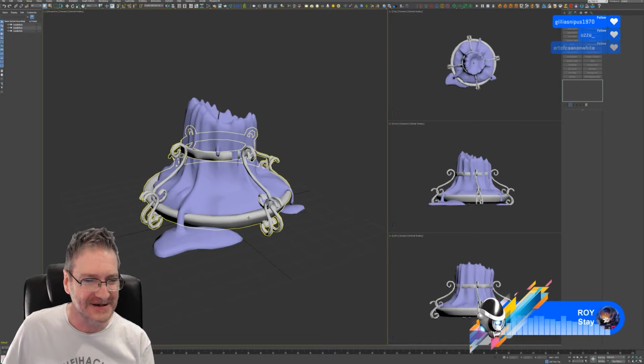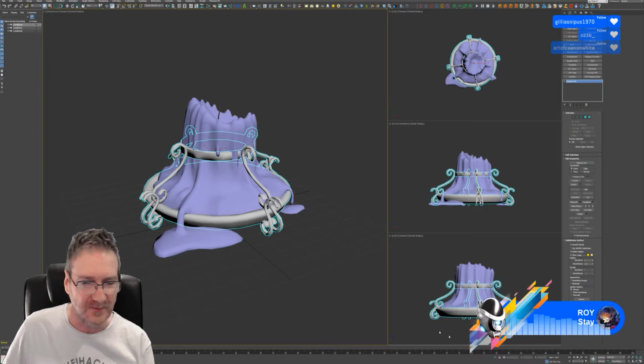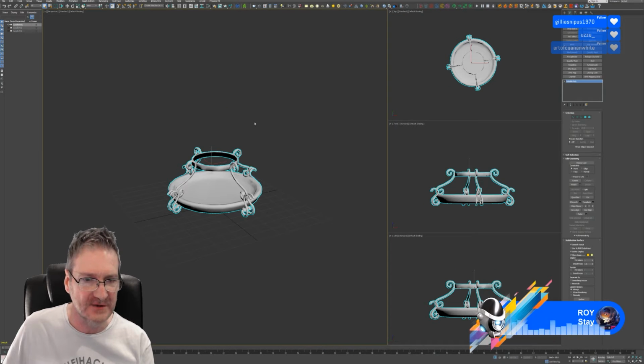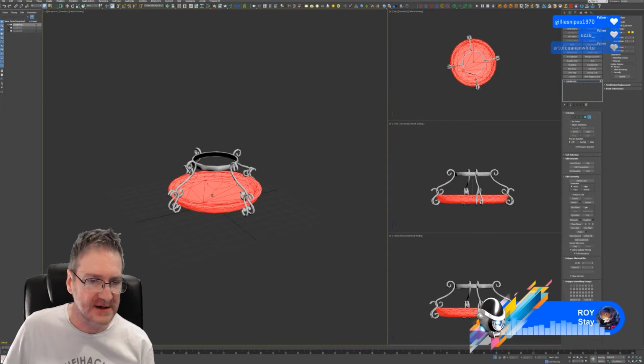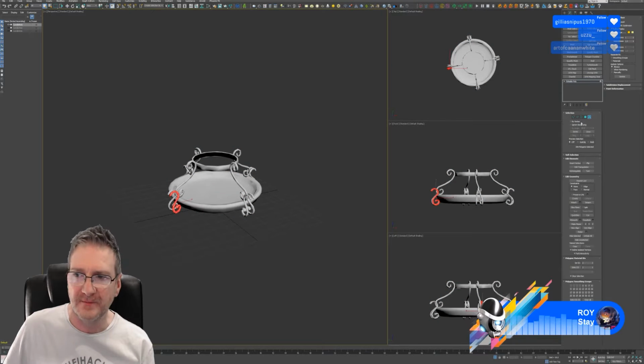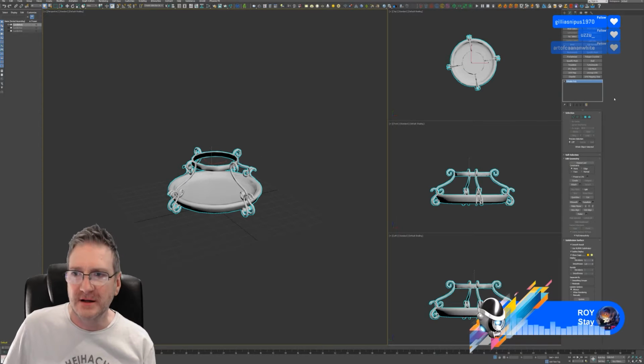All right, let's start texture mapping this up. I'm just going to go into isolation mode on this part of the candle. And I just want to check that I can separate these. Yes, I can. Good. Okay. Let us send this over to Rizom.